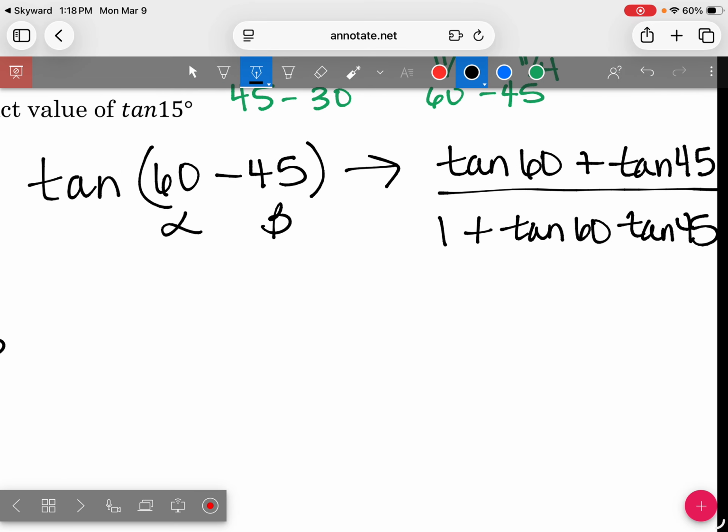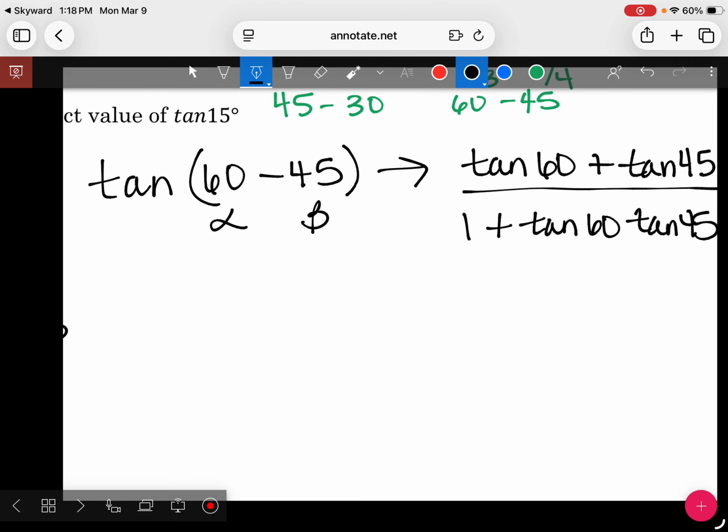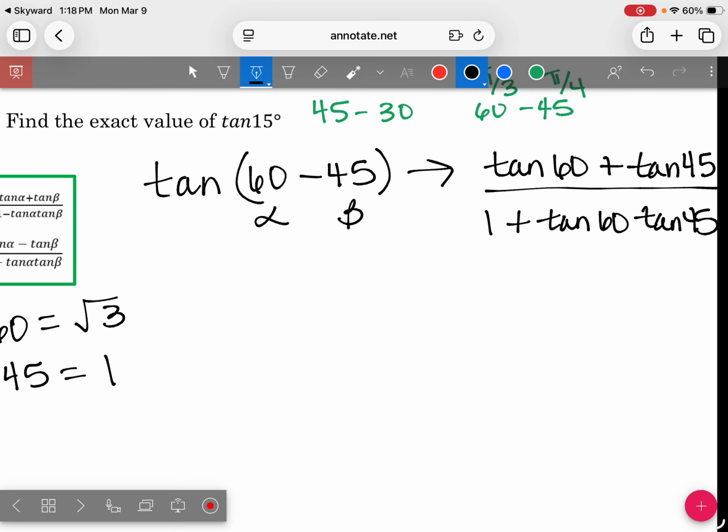That's what I have. So we could just substitute in what we know. So we know that the tangent of 60 is the square root of 3 plus the tangent of 45, which is 1. That's divided by,